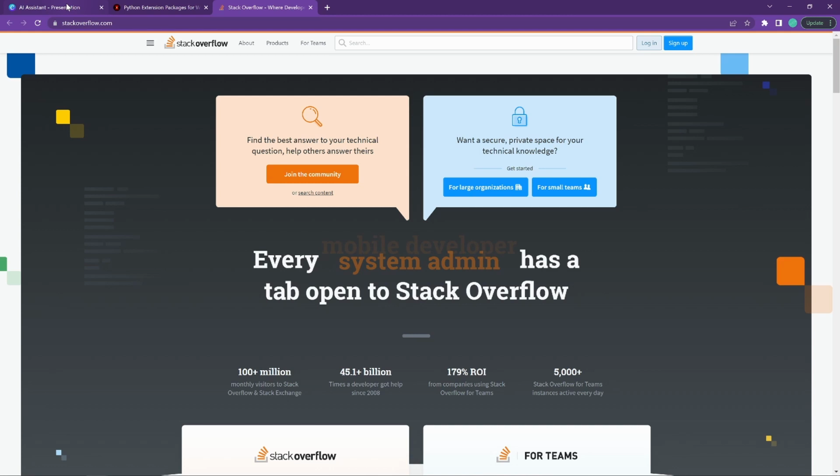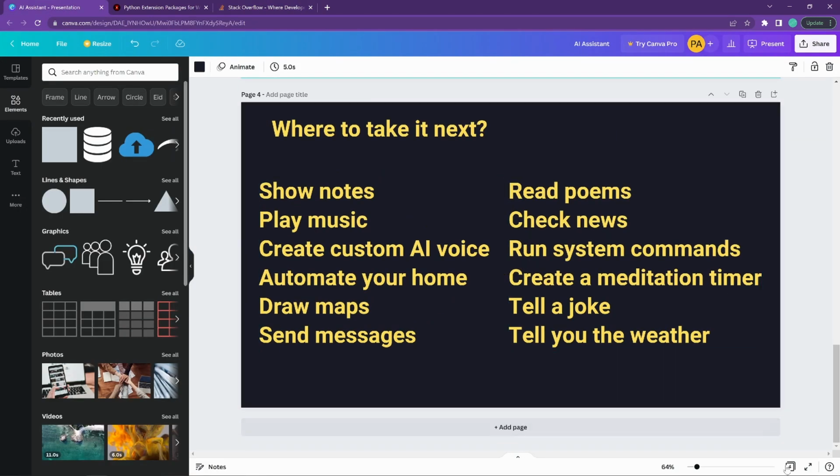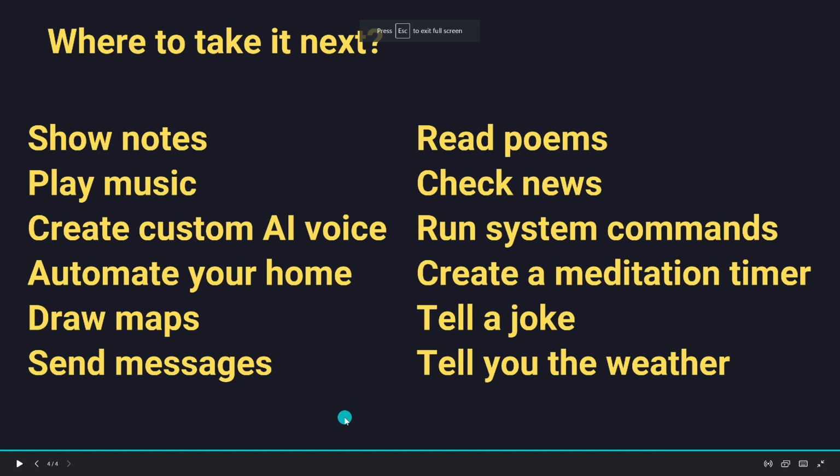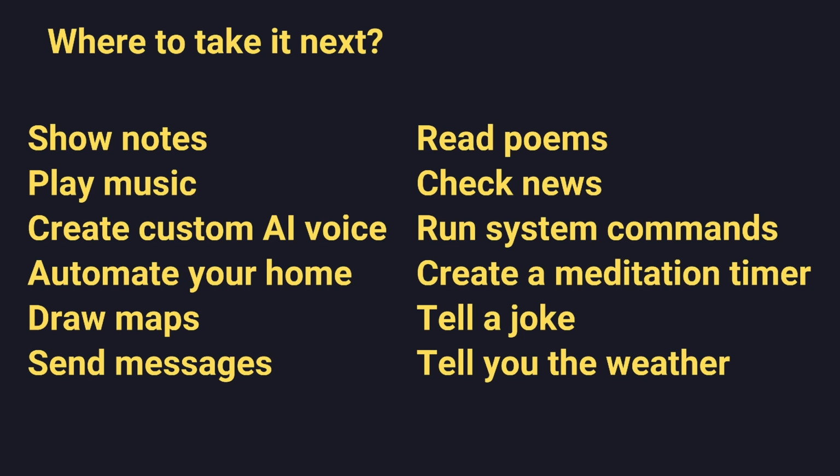Very fun little bit of coding. And you can of course take this in a bazillion directions. We've created notes, so you might as well have a method to show those notes or read them back out. You can plug this into your music software. What would be fun would be to maybe train a custom AI voice with your own voice or somebody else's. Of course, home automation is more and more popular, and people do that with existing AI assistants and custom stuff. We've drawn some maps on this channel before, so you could do that more automatically, send messages, handle communications, read poems, whatever. The sky's the limit,